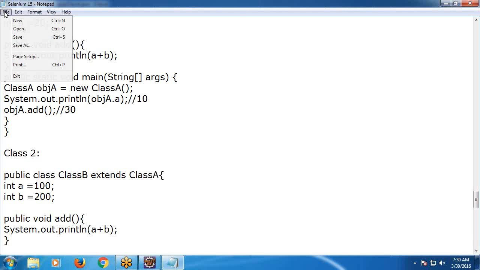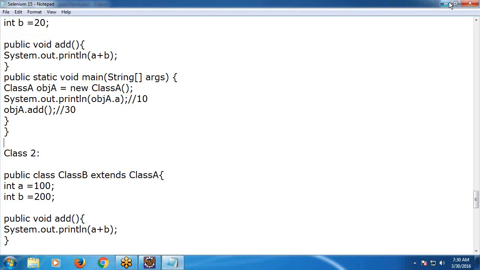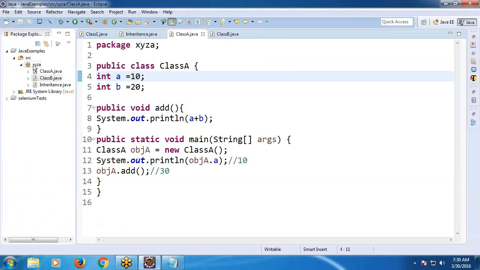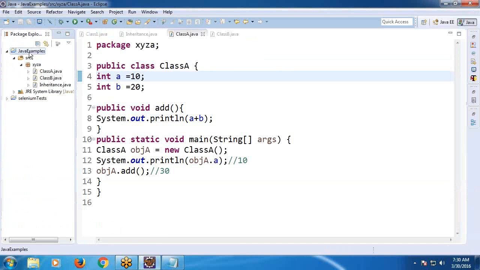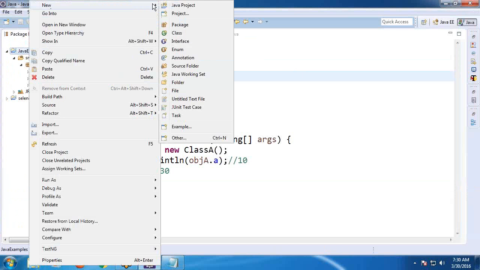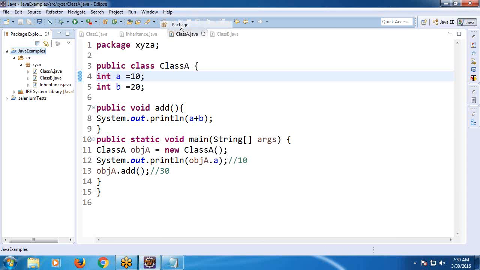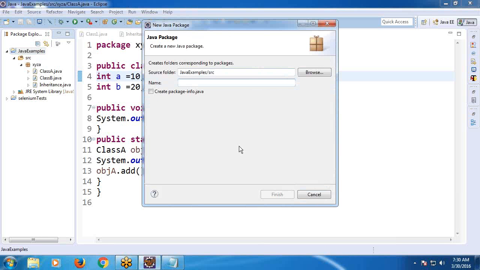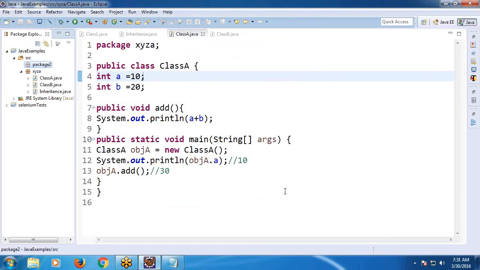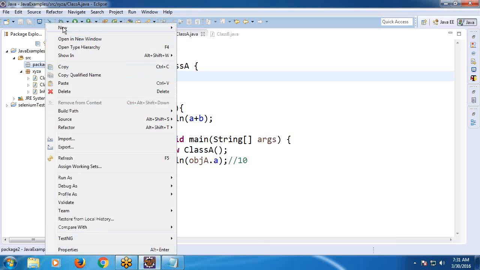Next, create one more package. Suppose Java examples, new package. Suppose package name package 2. In this package 2,